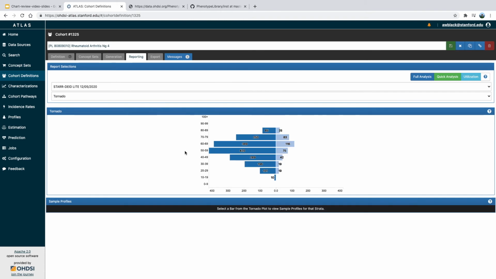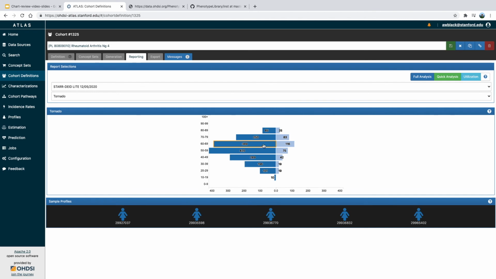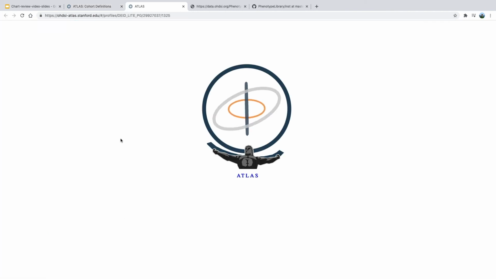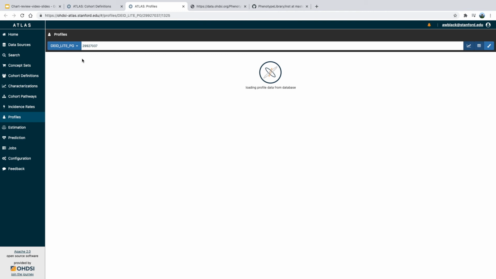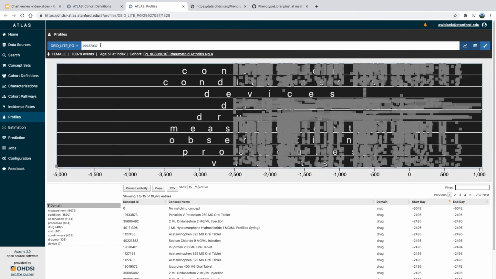Finally, let's look at the tornado plot. So this gives us an age-sex breakdown of the patients. And one neat thing that we can do is click on these icons down at the bottom. If we select a box, we'll get a random sample of 5 patients from our cohort. If we click on one of those, Atlas will open a new tab, and we'll get an individual view of this one particular patient. If you know the patient ID of the patient that you want to look at, you can also search for it here. But this is an easy way to select a random patient from your cohort and review